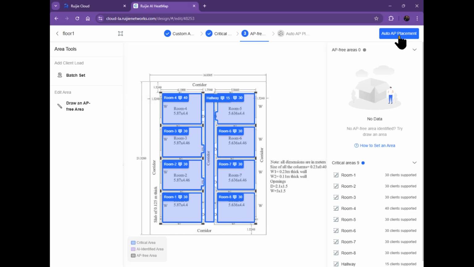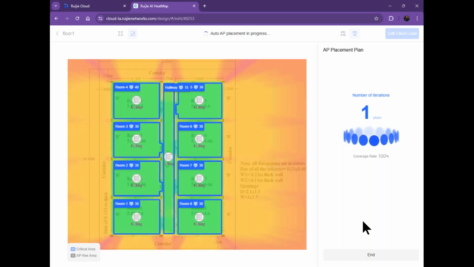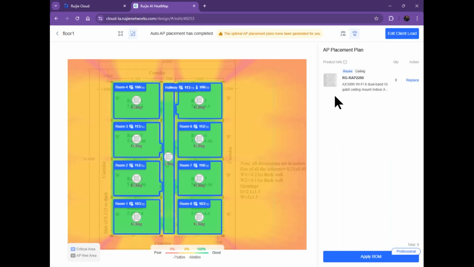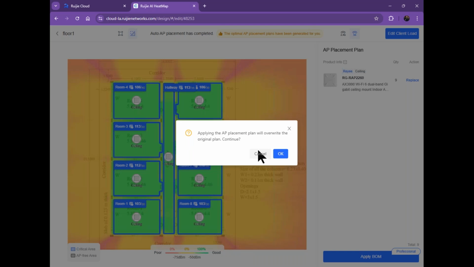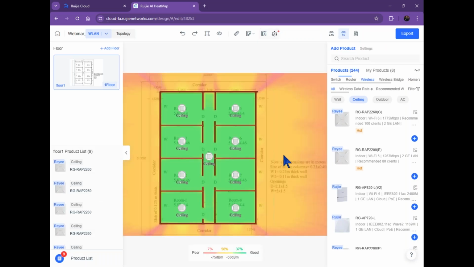and then click on auto AP placement. And that's it. As we can see, the application automatically has placed all the access points in the proper area, in the proper place for optimal coverage. So click on Apply BOM. Confirm this by clicking on OK. And here we have our